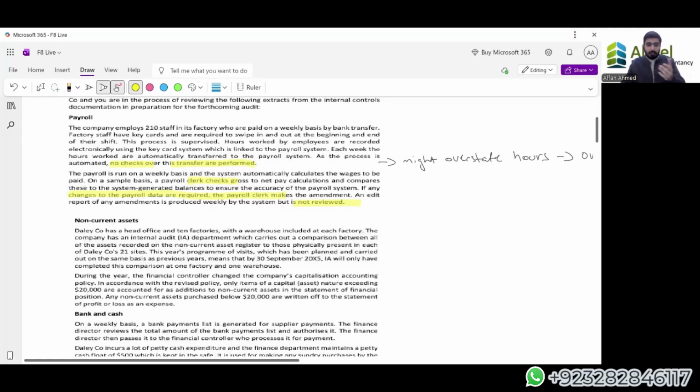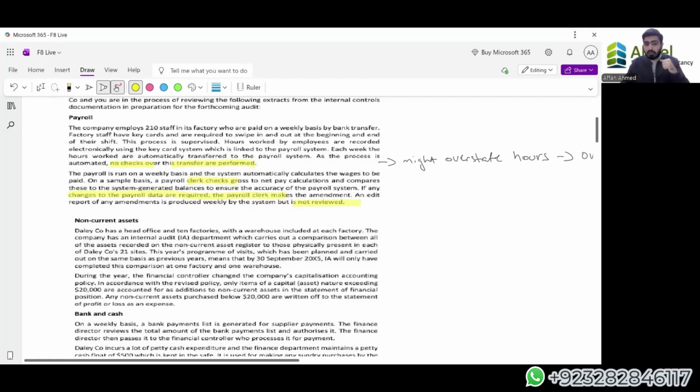Now, last thing, if amendments are made, they should be checked by a senior official. The amendments made should be reviewed by a senior official at all times. Any amendment made should be highlighted by an exception report, a report of amendments, and should be authorized, signed or checked by a senior official whose signature should be present. So that at the end of the day, when an amendment comes under scrutiny, we know which person has done the transaction. Okay, so we have highlighted 2 to 3 points here.